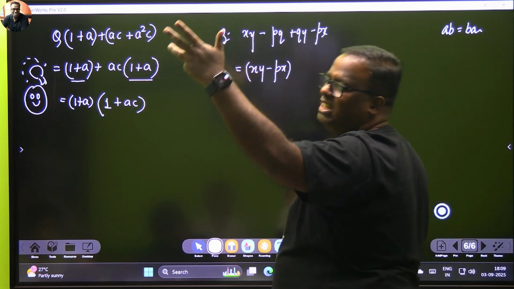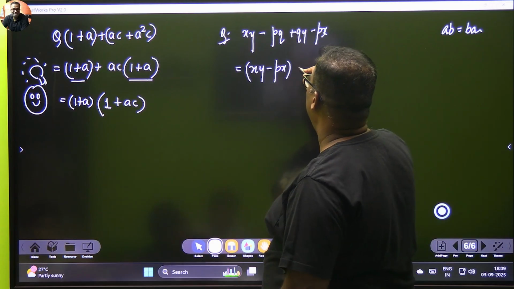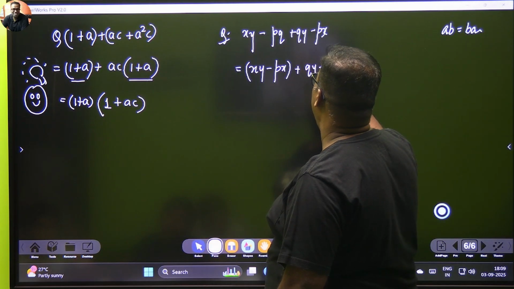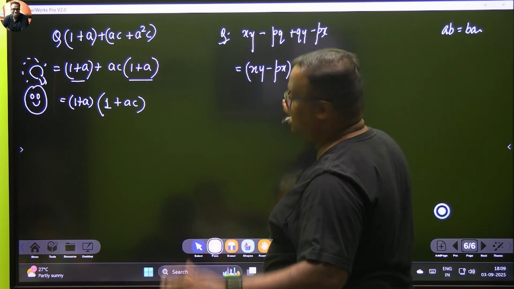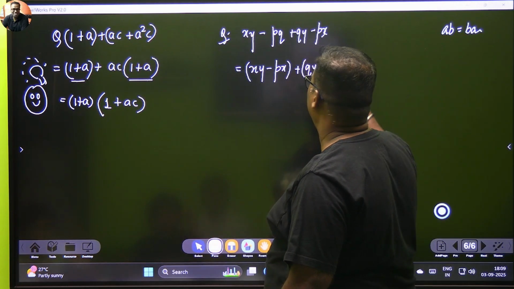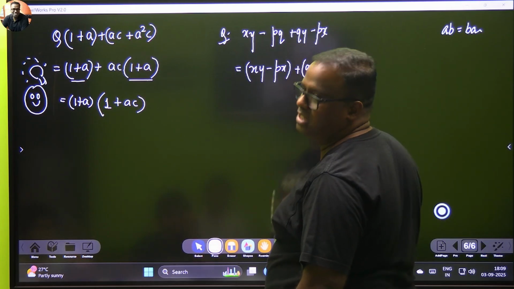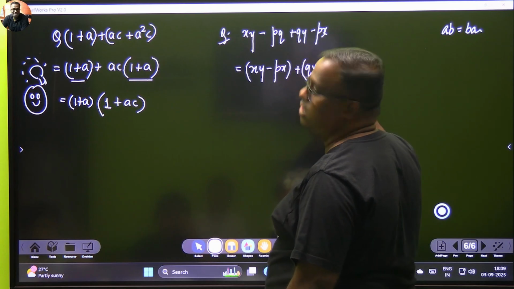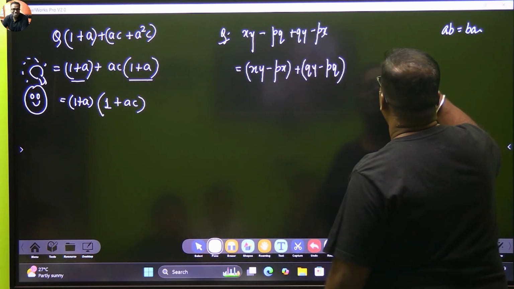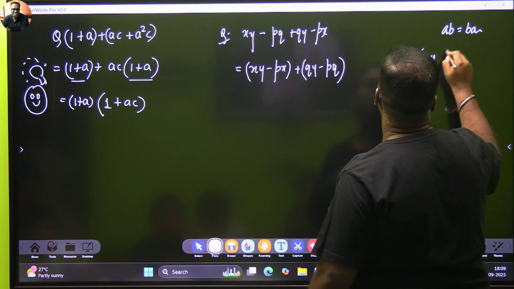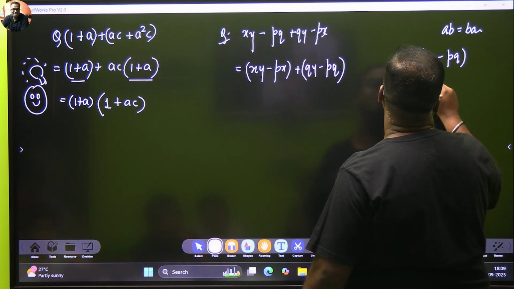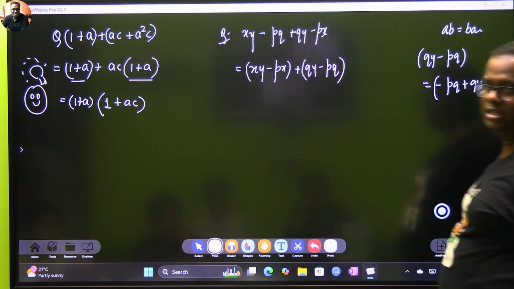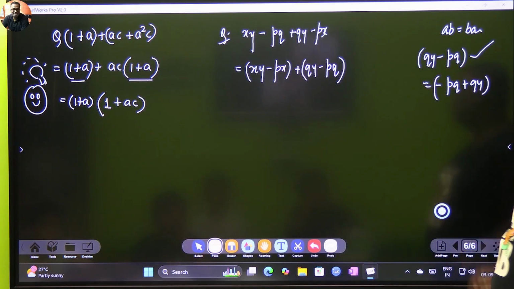We usually don't write the negative first. We'll do some rearrangement. So we can actually write the QY first and the minus PQ later. It's the same. Instead of writing negative first, because we will try to put it in a bracket, if you put the negative first, it doesn't look good. Otherwise, it would have become minus PQ plus QY. QY minus PQ is the same as negative PQ plus QY. Do you agree or not? Right? But this is the better way to write.